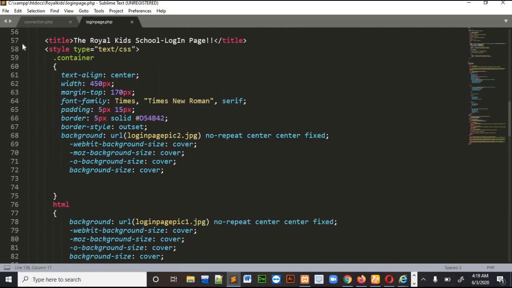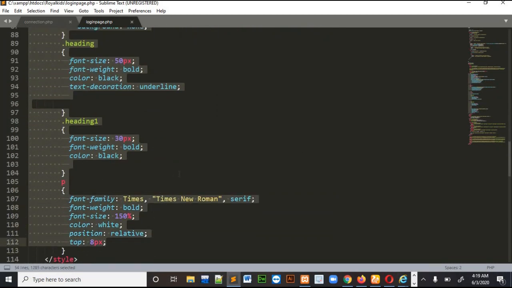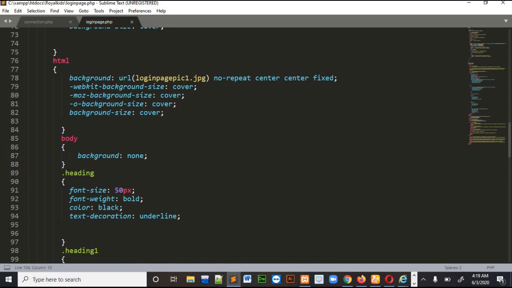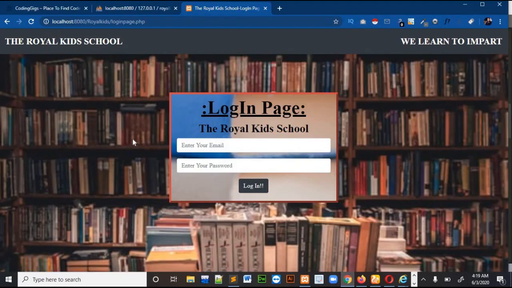On the above side, this is the CSS I had used for the styling. This is the basic styling, so I don't have to tell you anything about that. But you can see that this is some specific code I have used. I had taken this code from Google. I had used this so that the page doesn't move.